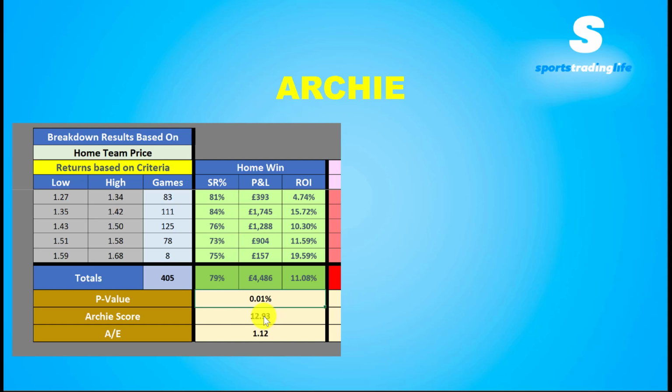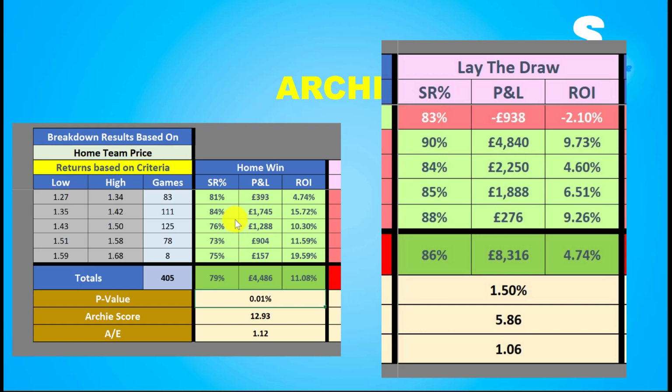Now, what was interesting that you might have noticed in that little clip earlier on is that there was another profitable system from the same settings, okay? And that was a later draw. So we've got a back the home win and a later draw. The later draw has more profit, okay, which is something a lot of people just look at and they're like, well, this system makes the most profit, I'm just going to use that. It's not quite as simple as that, okay? Number one, the ROI is lower. That's probably the most important thing to think about.